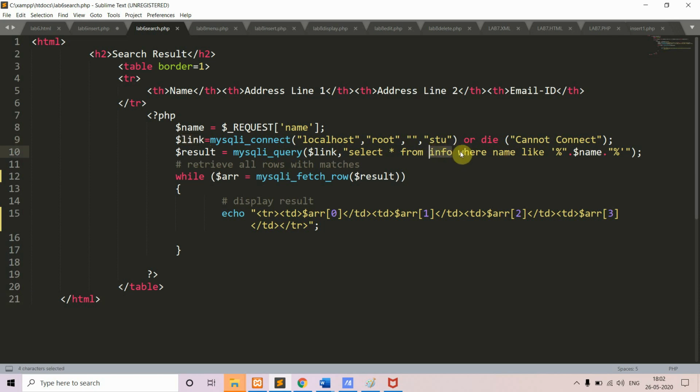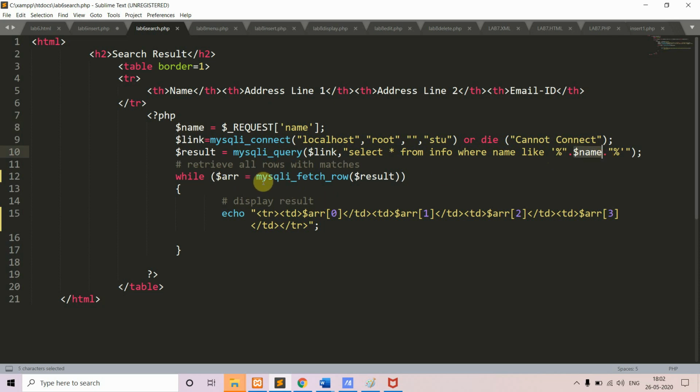Based on what? Based on the name. The name should be similar to the name you have entered here, the same as in $name. So you're going to select the rows which have the same name.